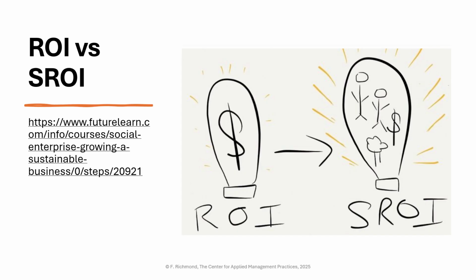By the way, I double-checked most of these. Those sites should be accurate. So if you want to, you can go to those sites and get materials as well. Everything here has a footnote or something attributable. If you look at the graphic, the ROI is just dollars. If you look at SROI, you can see people, dollars, and sort of a tree. I didn't draw this, okay? But that's the bigger picture here.